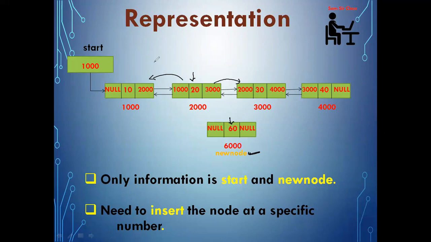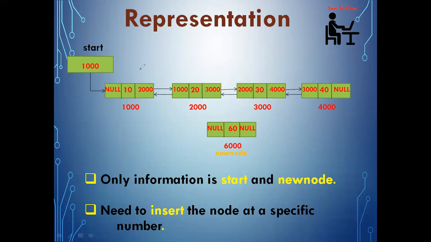At a specific location, if I need to insert, then I have to provide the location number. Suppose I want to insert at location 3. I'm assuming that this is location 1, this is 2, this is 3, and this is 4. So this new node will become the node at location number 3, now 3 will become 4 and 4 will become 5. First of all, I need to search where the new node should be inserted.